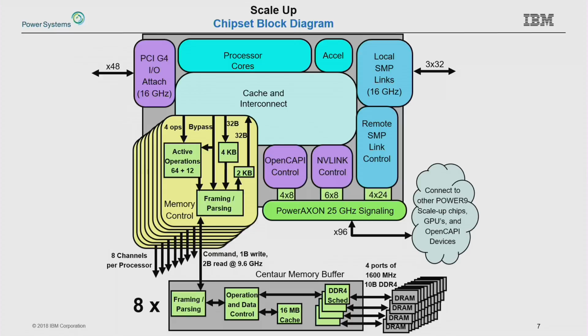One thing that's important is how do we get good latency with buffers? We've been doing buffers for quite some time. We achieve approximately 10 nanoseconds of latency compared to a direct attach solution. So in that 10 nanosecond delta, we're essentially parsing and framing, sending across our SerDes, across our chip, looking up the cache, and sending the data out to DRAM. And how do we accomplish that? We accomplish that through careful framing of the packets as they go across the SerDes and bypasses in the DDR